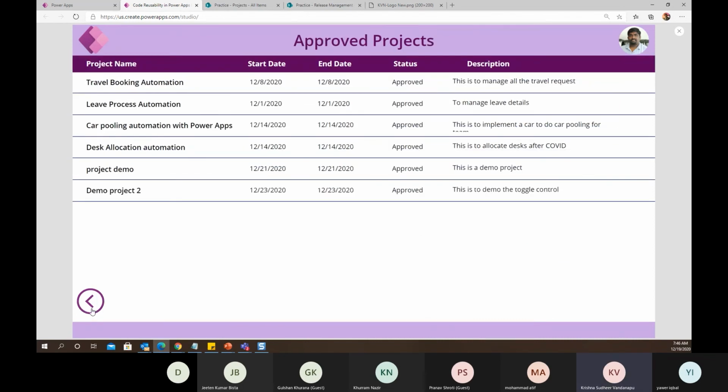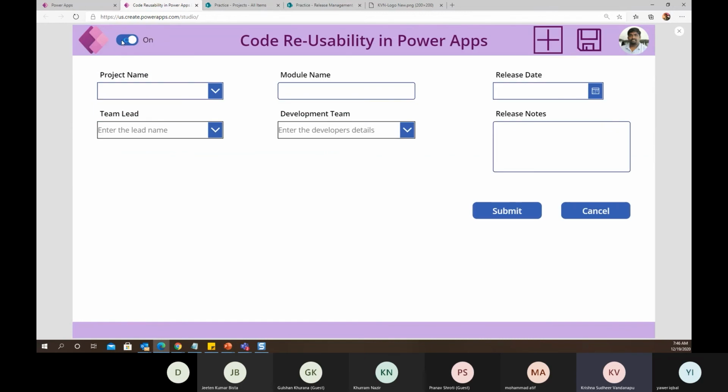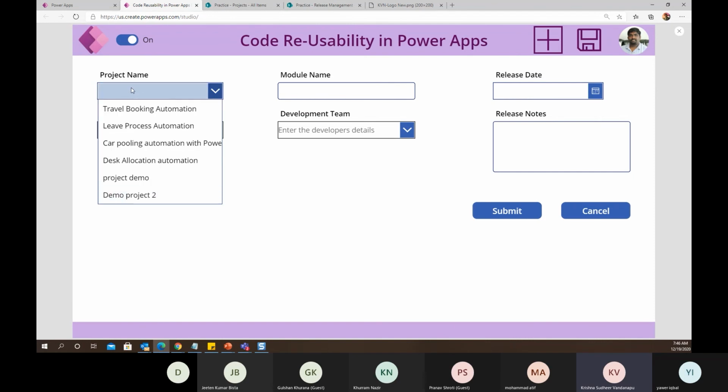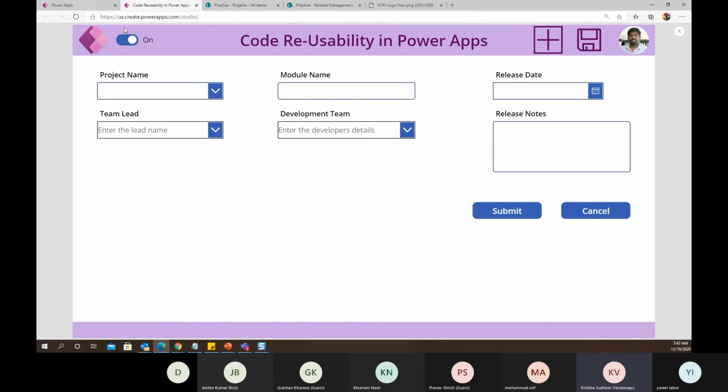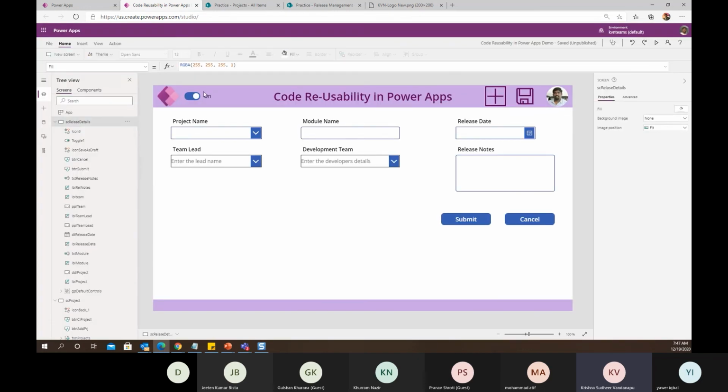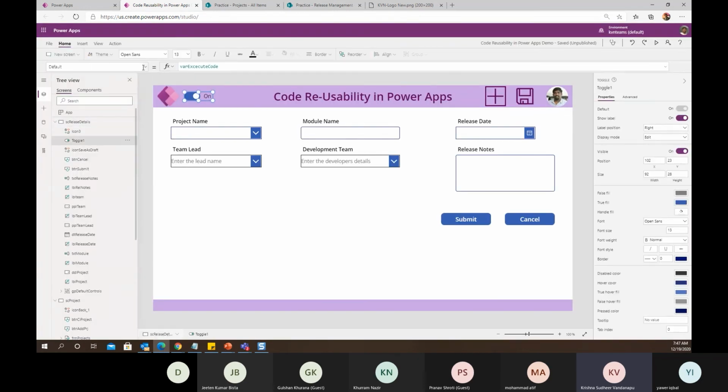It got added. And if I go back to my home screen, I can see my toggle control got turned from off to on and on to off. So I got my demo project 2, because what it is doing is I am toggling my control and it is rebuilding the code.